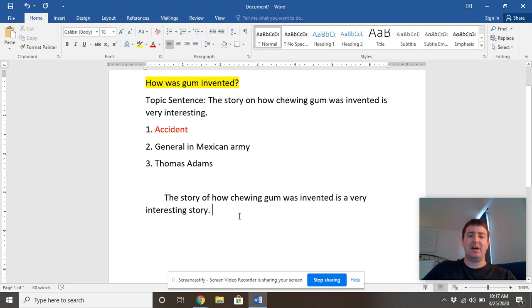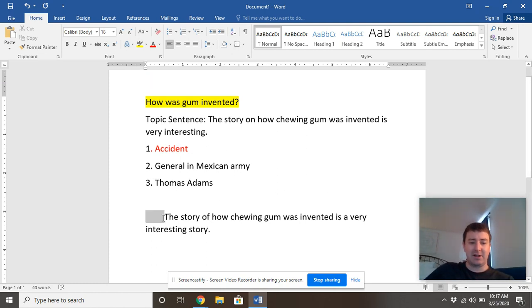Now, something I have seen in the past, and just want to make sure that you guys aren't doing it at home, is make sure you're indenting. Take a look right here. Here's my indentation. I'm going to highlight that blank space. You should be indenting your writing. So your first sentence here, your topic sentence, should not start at the edge of your paper.